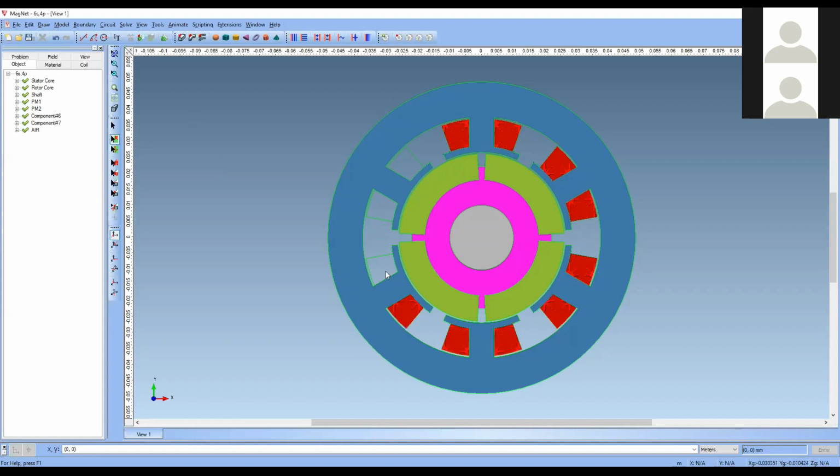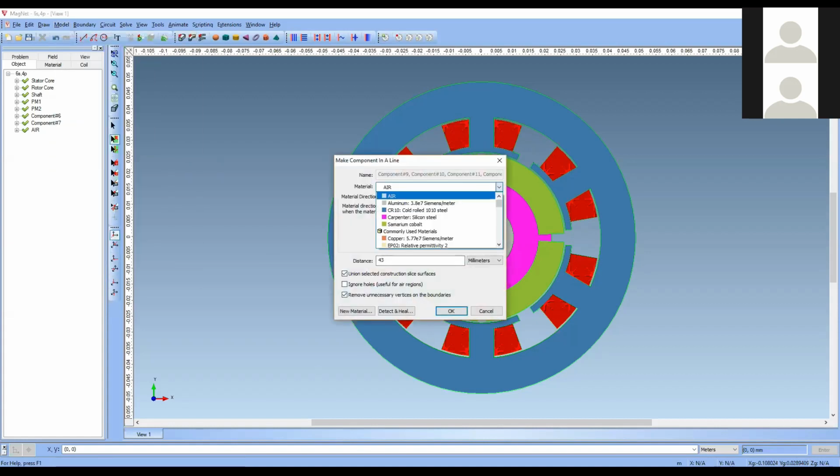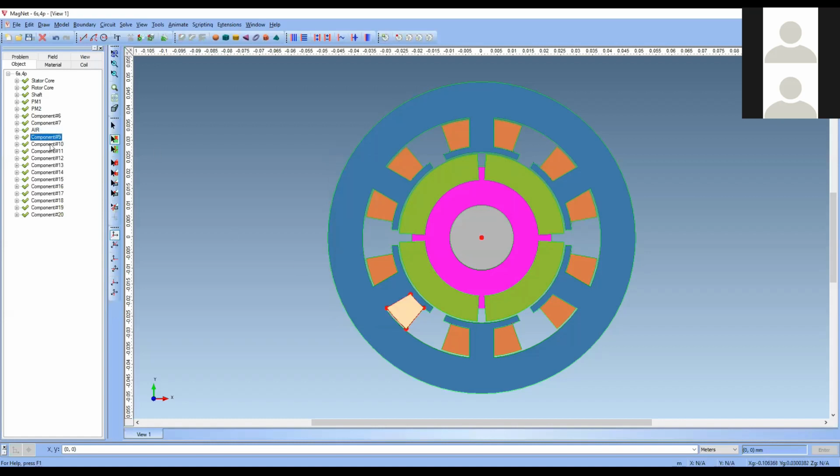See, I have selected all the coils. Now in model, I am making a component in line. Now in conductors, I have put a copper wire. Okay, now everything is done, but what difficulty I am facing, you see: if I am clicking here, randomly it is going to the next place, randomly it will come to some other place, it will not follow any sequence. If you select everything and make it like this, it will have problems.